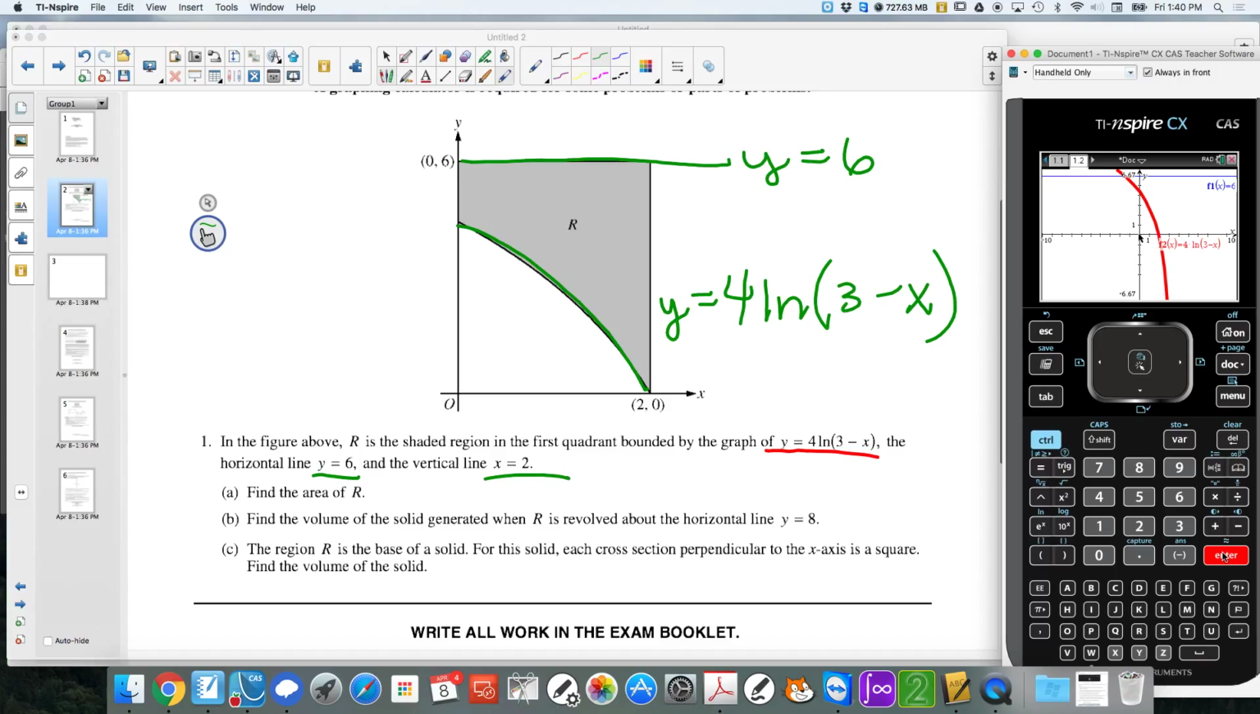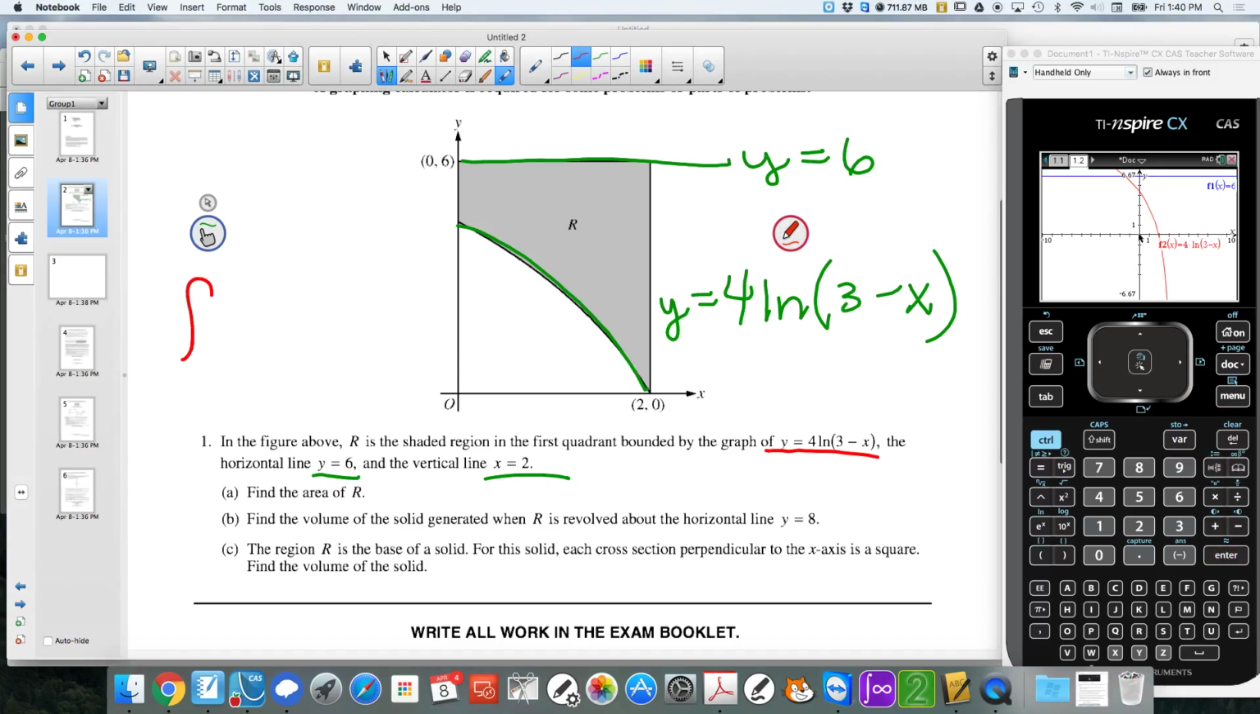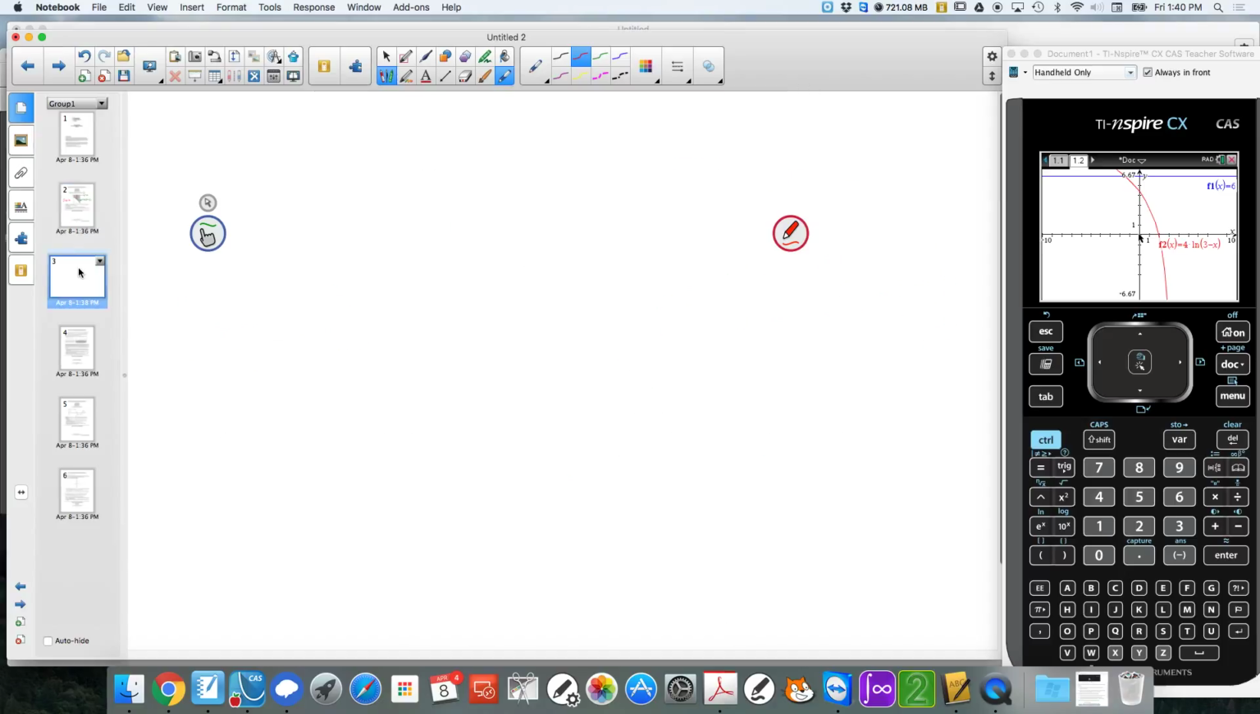And the first thing it says is to find the area of R. Guys, what's the equation for finding area? It's the integral of upper minus lower. Area is always integral. So we're going to be finding the area by getting regions just like so. And I'm going to write down what that would be on this page. The area would be